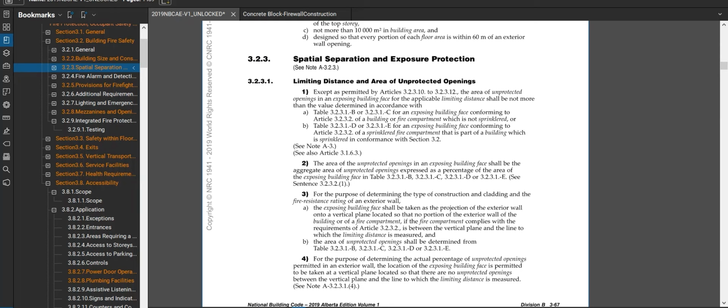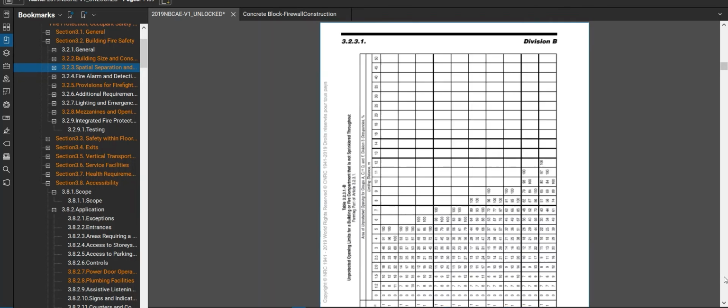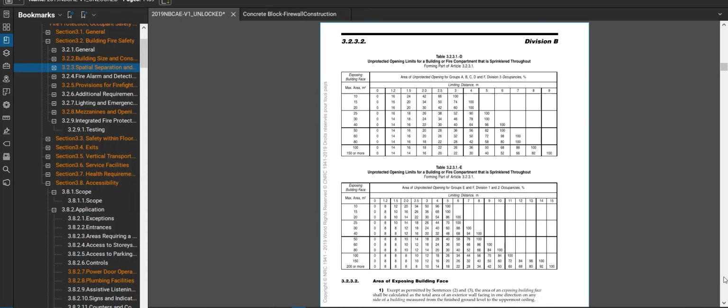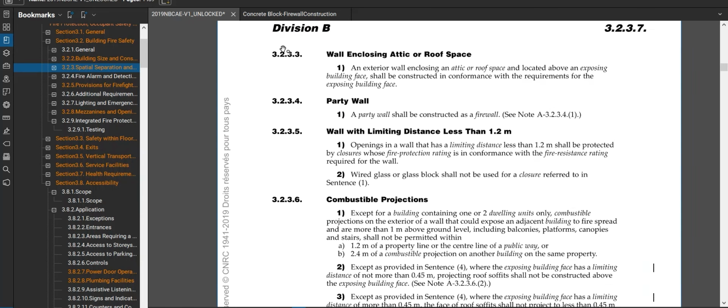But it doesn't. It doesn't do that at all. So really, if you look through it, you just get into your regular charts, whether you're sprinklered or not sprinklered. So I'll just go to sprinkler one. And you have the area of your wall, and your limiting distance is 0. Okay. And then you keep scrolling through there and you think, well, maybe it's a party wall, but if you